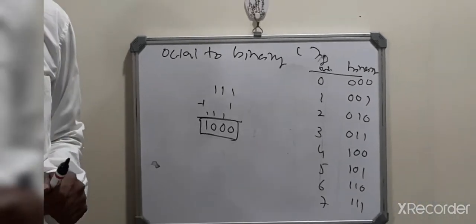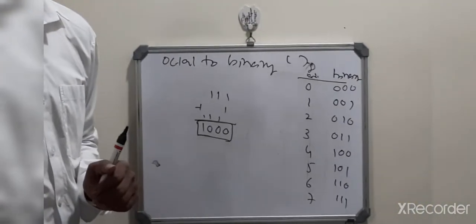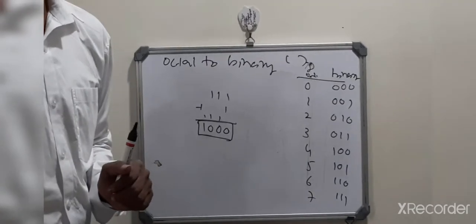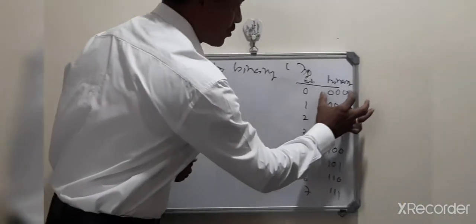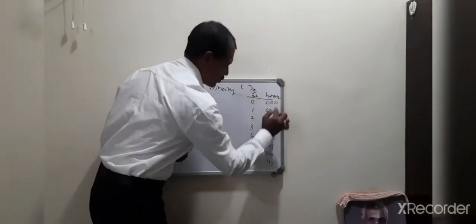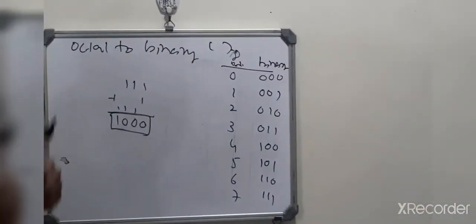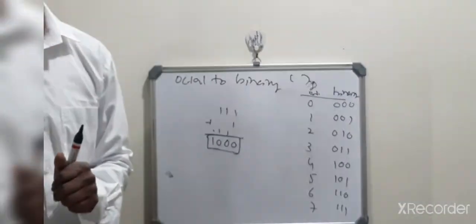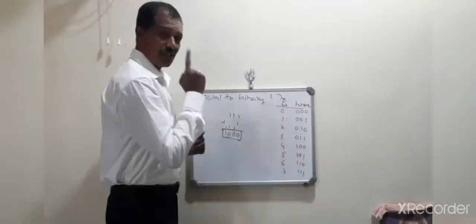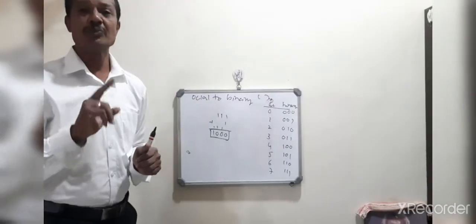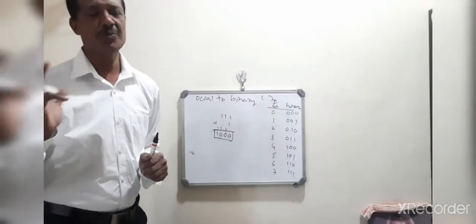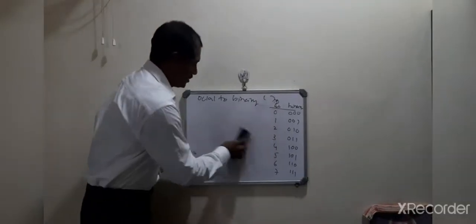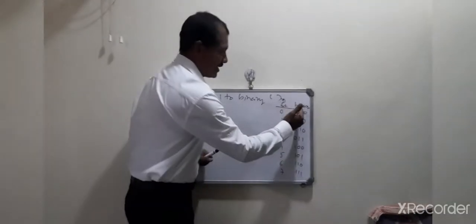When we convert octal to binary, we said you can take a group of 3 bits. This is a group of 3 bits, from 000 to 111. How many 3-bit combinations are there? That is 8 combinations, 2 to the power of 3. 2 to the power of 4 gives 16 combinations, which can be used in hexadecimal.